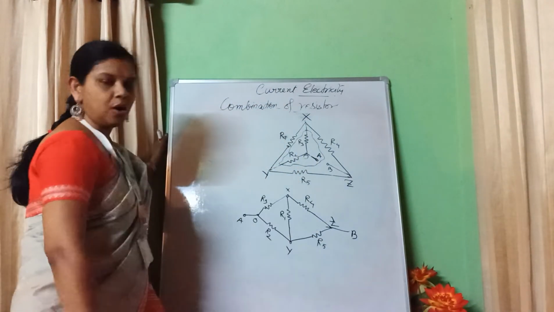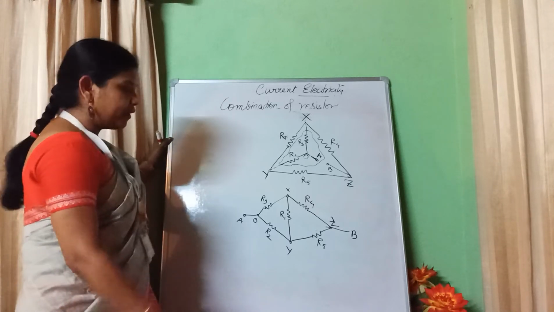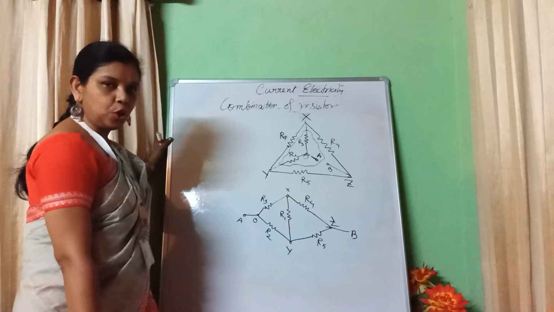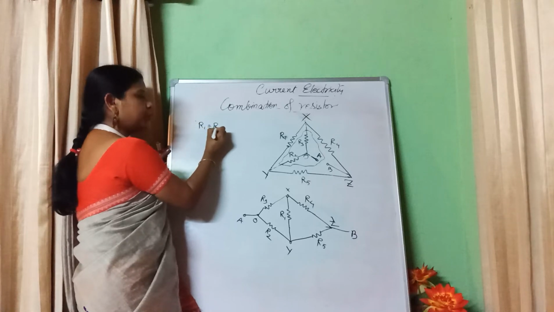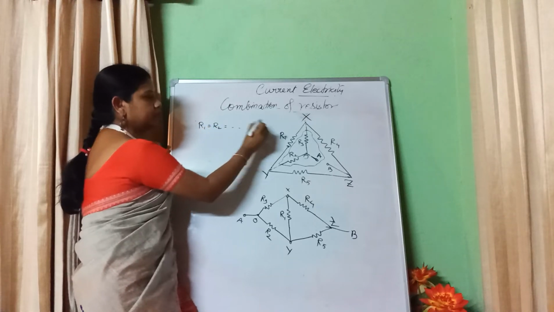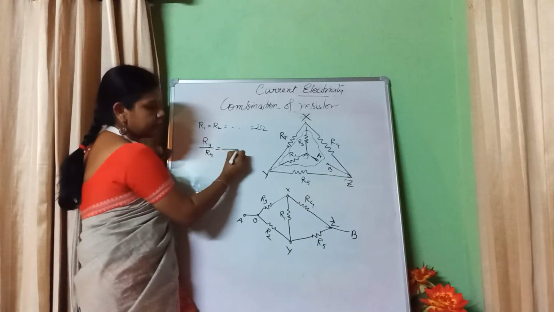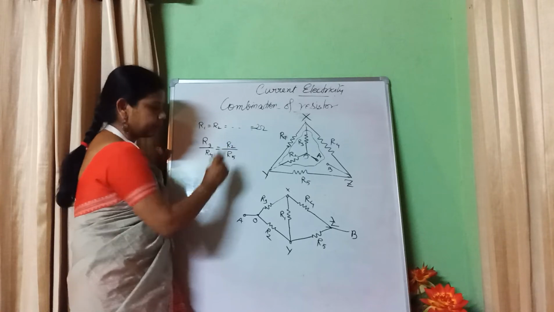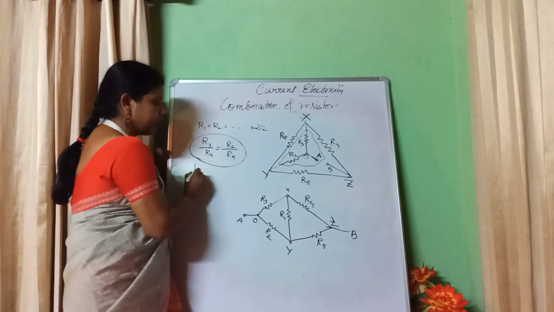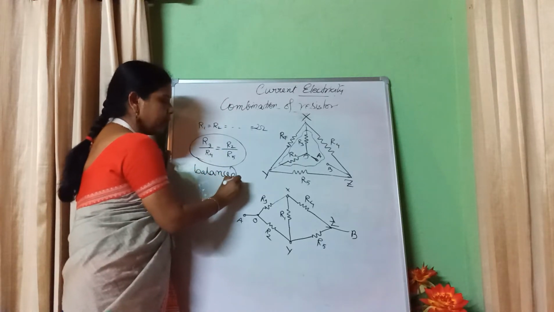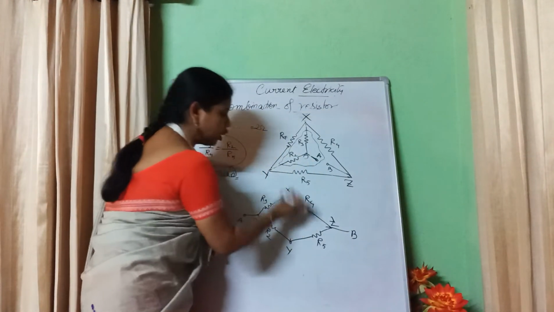So what I am getting now is a Wheatstone bridge. If it is a Wheatstone bridge, how do we calculate the equivalent resistance? In this particular question, all the values R1, R2 and so on are given as 2 ohm. So I can write R3 by R4 equals R2 by R5 in our situation. That means the bridge is balanced. And if the bridge is balanced, then the middle part will not be there.